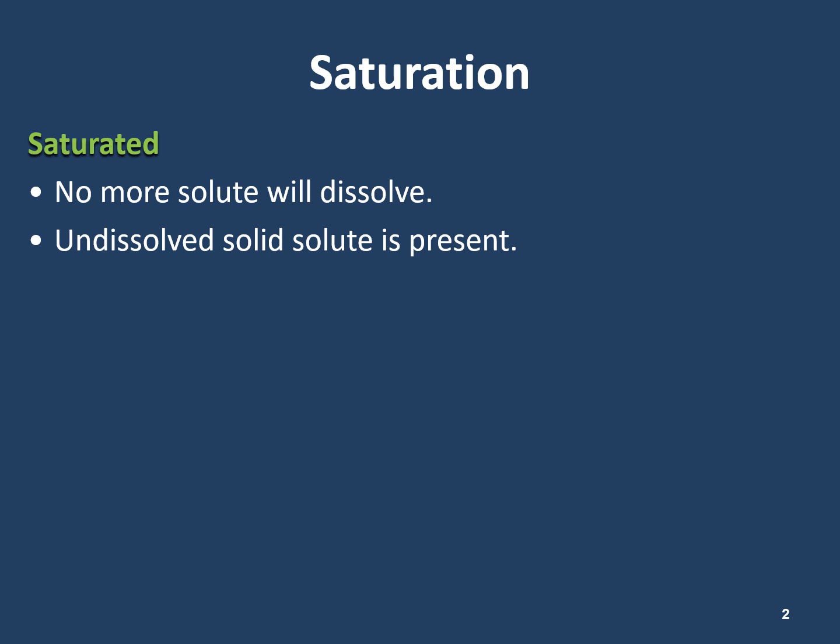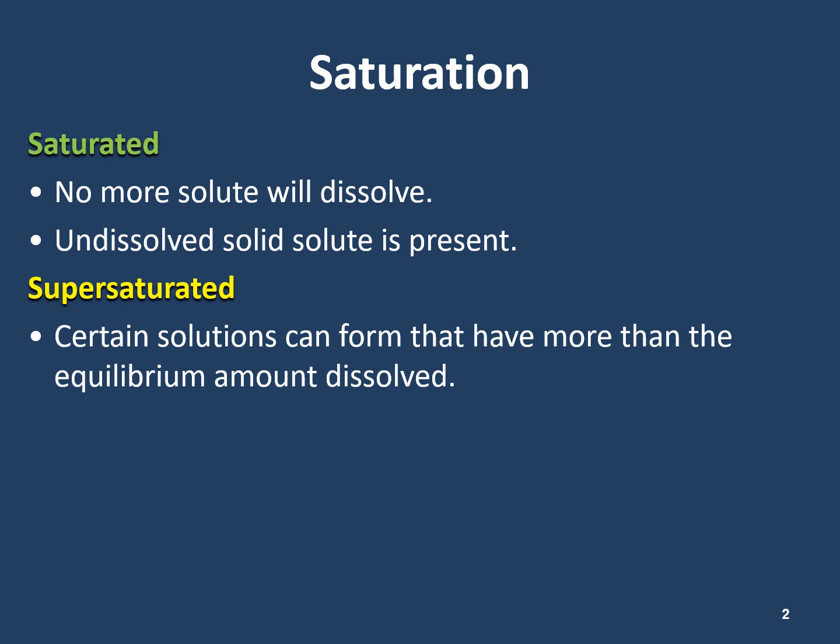A saturated solution, again, is where we're at the maximum solubility of the solute. No more solute will dissolve. There's probably a small amount of undissolved solid solute present. Supersaturated solutions are where we've somehow dissolved more than the maximum solubility. Generally, the way to do this is using temperature. If we remember that graph from the previous slide, we had temperature here and we had solubility here. And if I have a graph that looks like this, right? Let's say